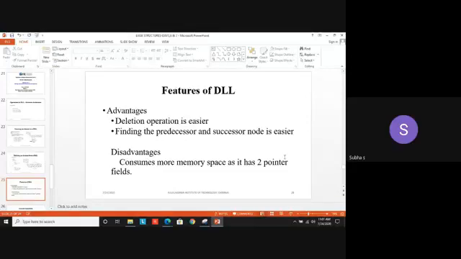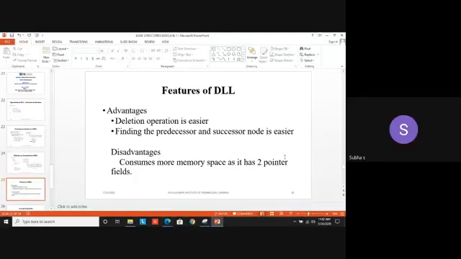Okay. So finding the predecessor, previous node and successor, next node is easier in case of doubly linked list. But what is the disadvantage here? While teaching the types itself, we have discussed. It consumes more memory space when compared to singly linked list because it has 2 pointer fields.